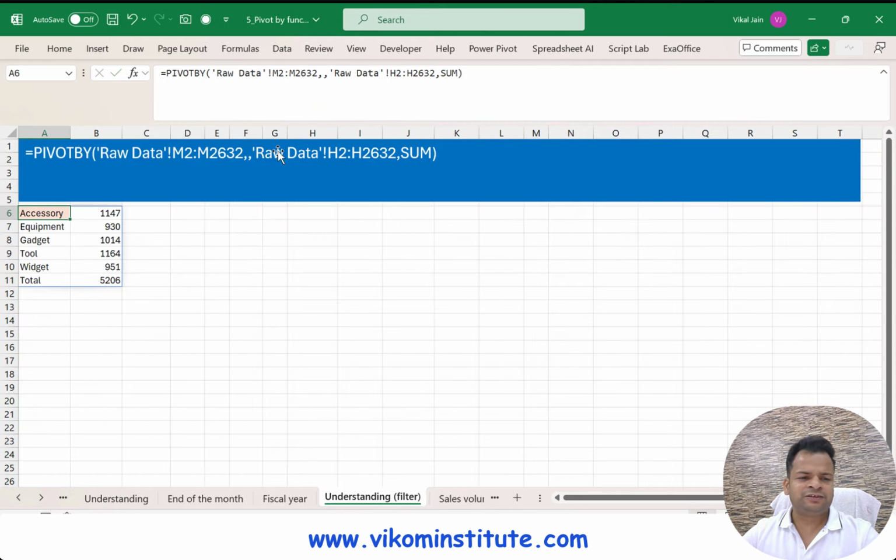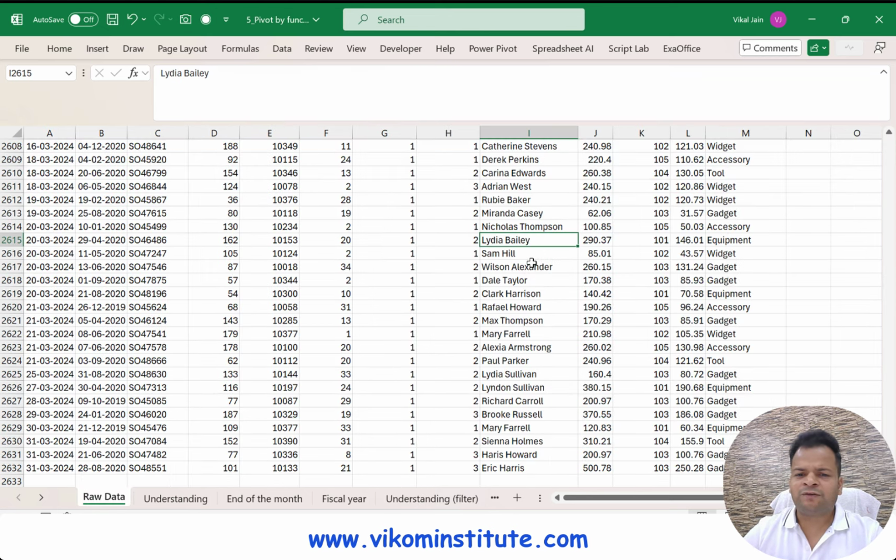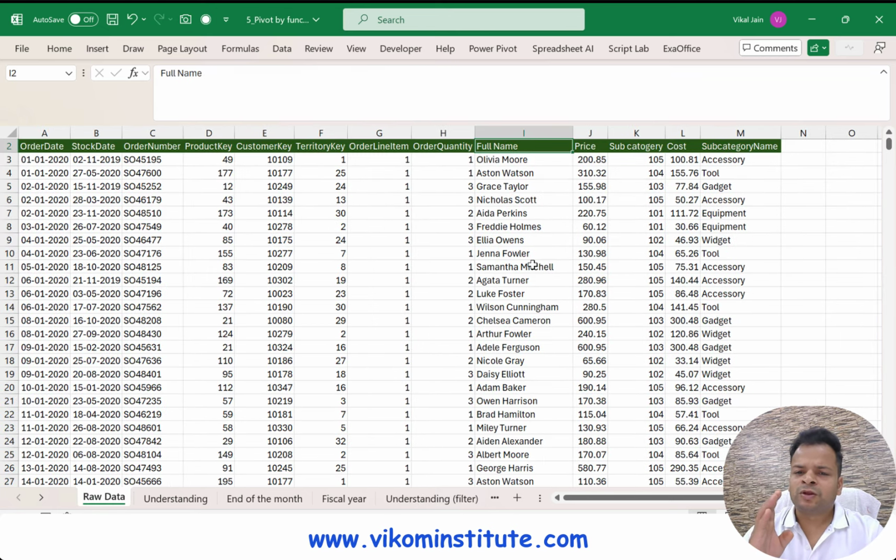Now this is showing me the results like this. But what I want is the calculation for names starting with O. So the same thing which we use in the FILTER function, we need to apply the same concept over here.